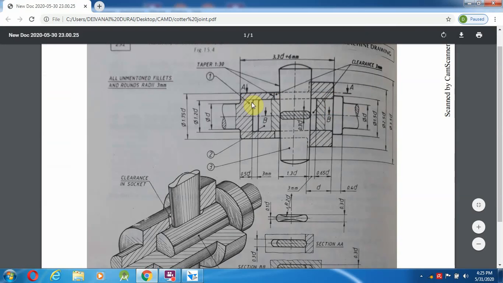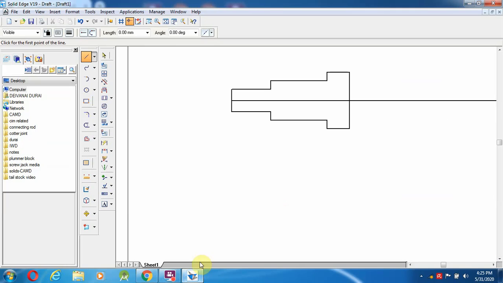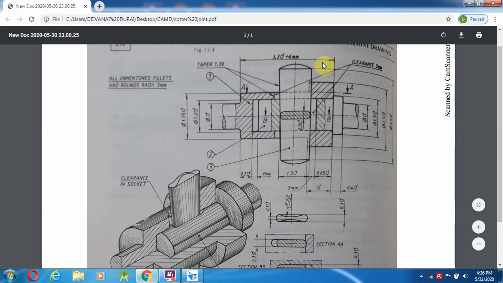So from here to this, the hollow surface you have to create over here. To create this hollow part, what is the diameter they have given for this one? That is the 1.2d. So 1.2d we are getting as 24 mm. So for the 24 mm line, it means 12 mm from the mid I am going to draw. Then towards this length, this is the length we already found, that is the 3.3d plus 6 mm. So totally 72 mm we are getting.